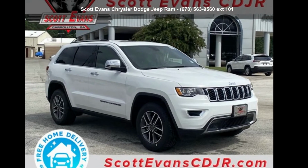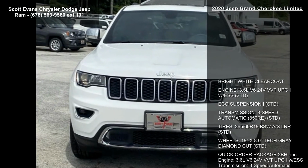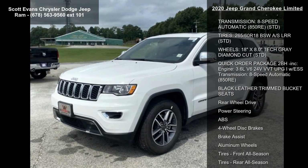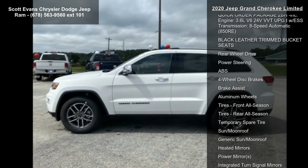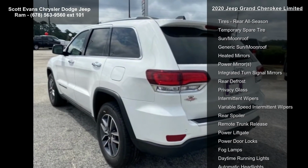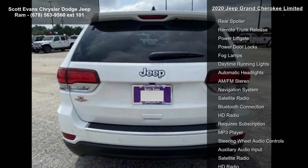Imagine yourself in this cheap 2020 Grand Cherokee Limited. This may be the set of wheels you've been looking for. Enjoy these notable features: bright white clear coat, engine 3.6L V6 24-valve VVT UPG1 with ESS, STD, ECO suspension STD, transmission,